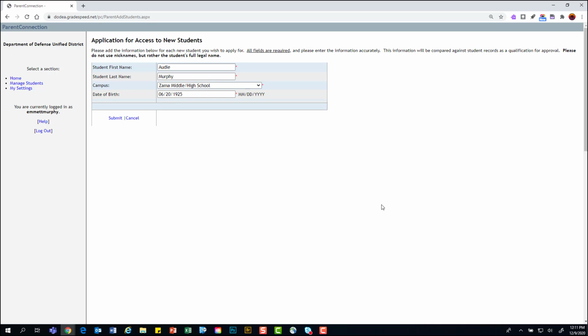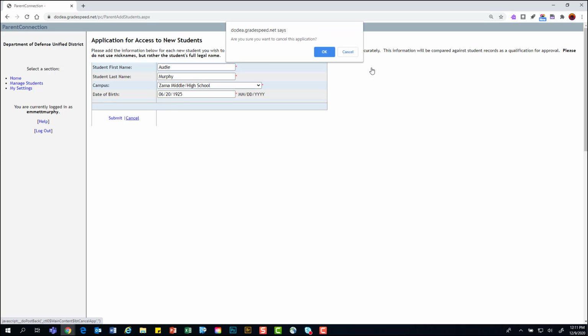It also means that it is now pending approval by me, Mr. Rogers. I will look at the records at Zama Middle High School. I will check your name as a parent against the children that you have enrolled with here at Zama Middle High School. If Audie's information is wrong, I'll have reason to suspect that you shouldn't have access to that information. But as you know, this information here is actually pretty easy to get right. At any rate, I'm not going to go any farther than this,